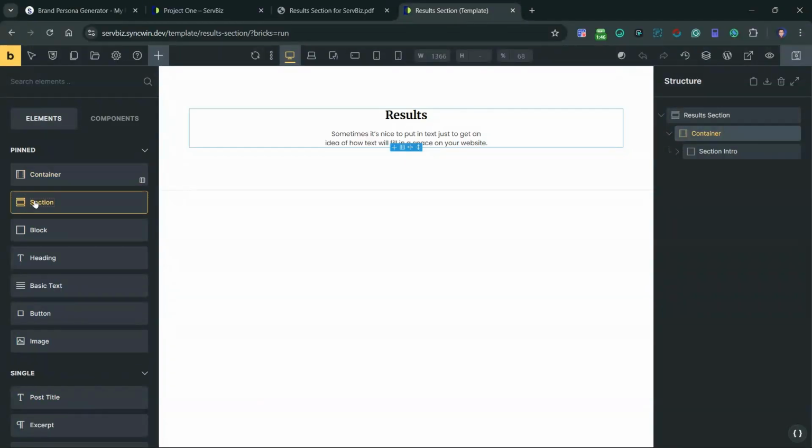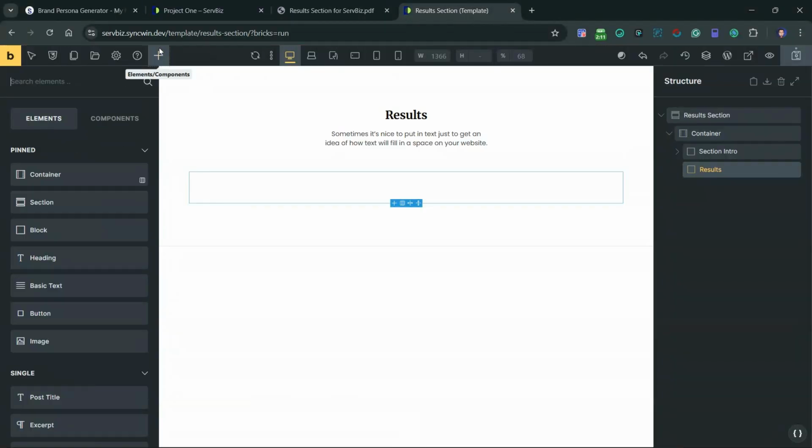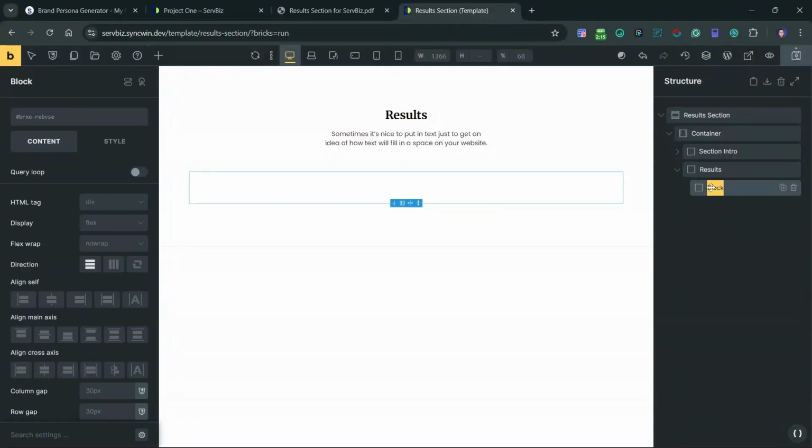So let's add a block which will be a wrapper for these cards. Let's add a block again which will be results stats cards wrapper,